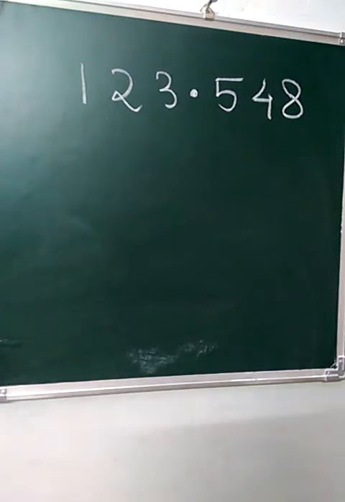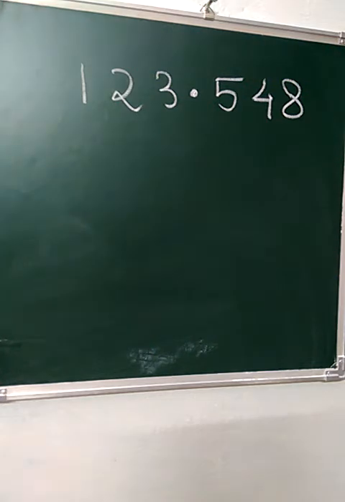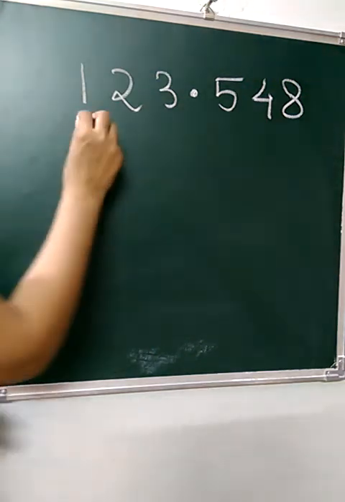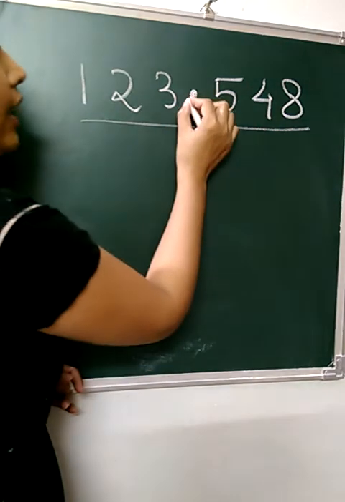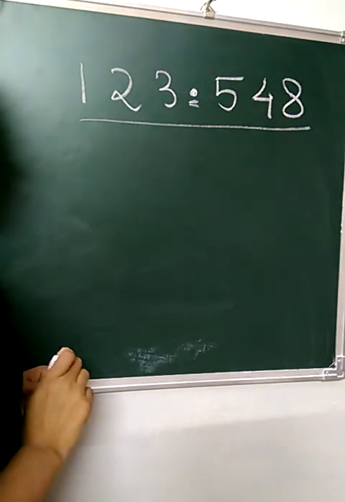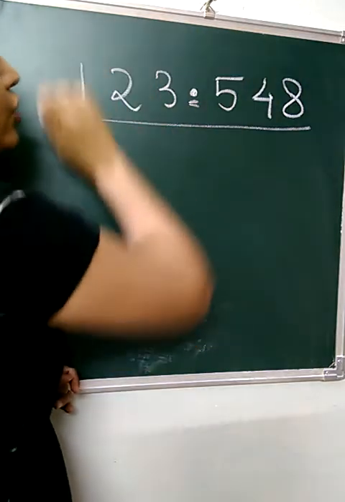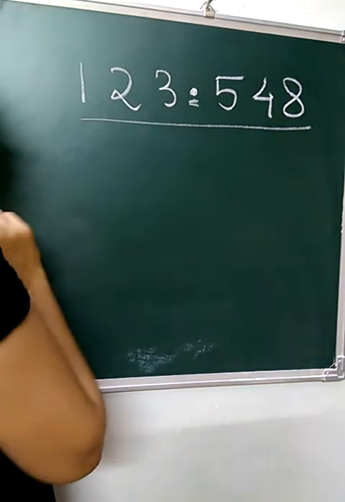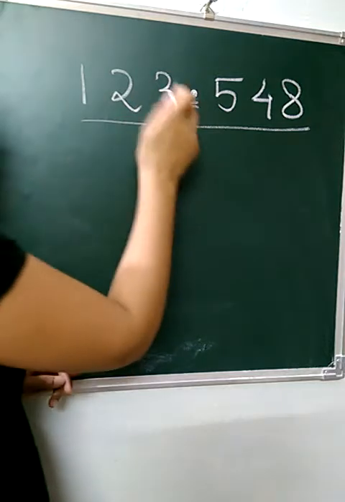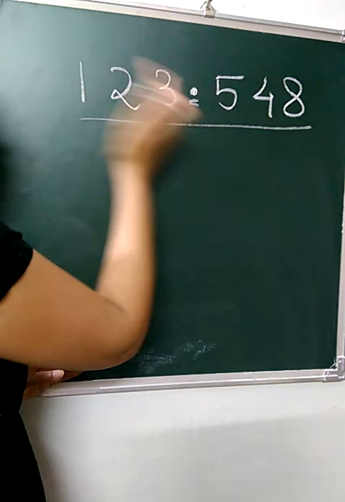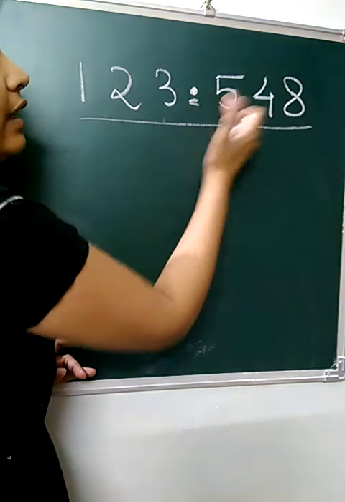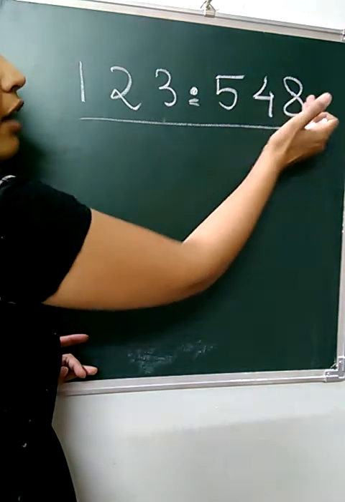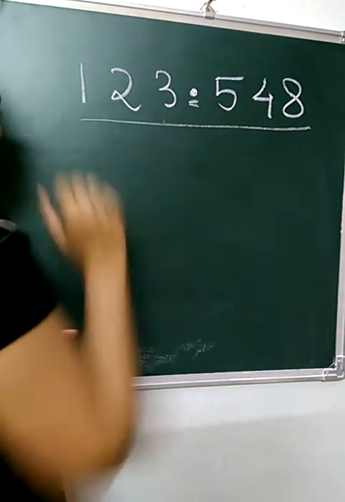Now, if I ask you, do you remember this type of number? What will you say? You will say yes. So, what type of a number is this? This is a decimal number. Why? Because it has a point. Yes. So, such numbers which have a point are known as decimal numbers, and this point differentiates the whole numbers and the decimal numbers. Generally, the numbers after the decimal are known as decimal numbers.